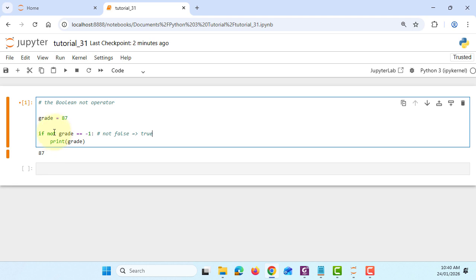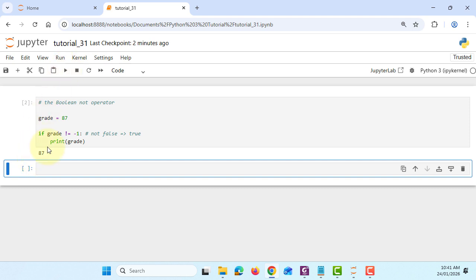If you don't want to use a not, you can use a not equal. So let me remove not. Then we can say not equal to -1. It does exactly the same thing. So basically saying the grade is not equal to -1, which is false. When it becomes true, so that we print the grade, so we will end up with exactly the same answer,